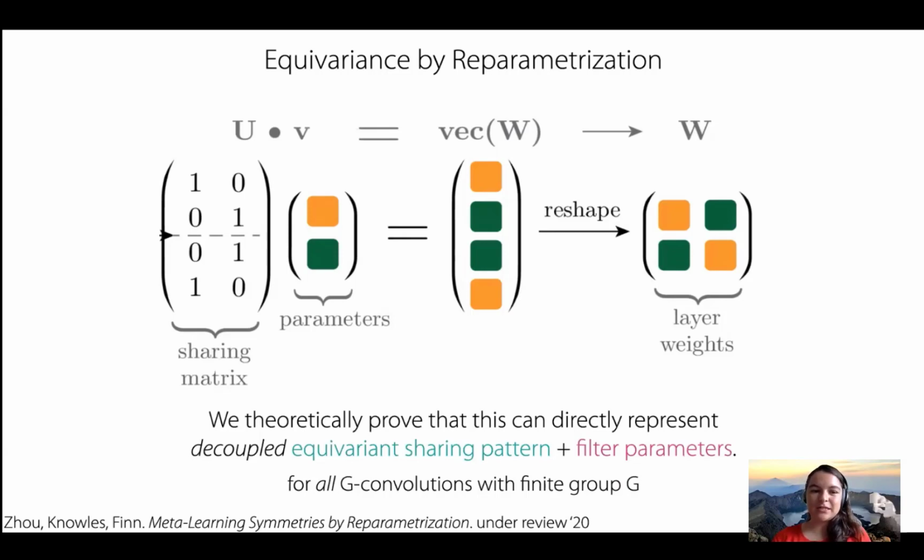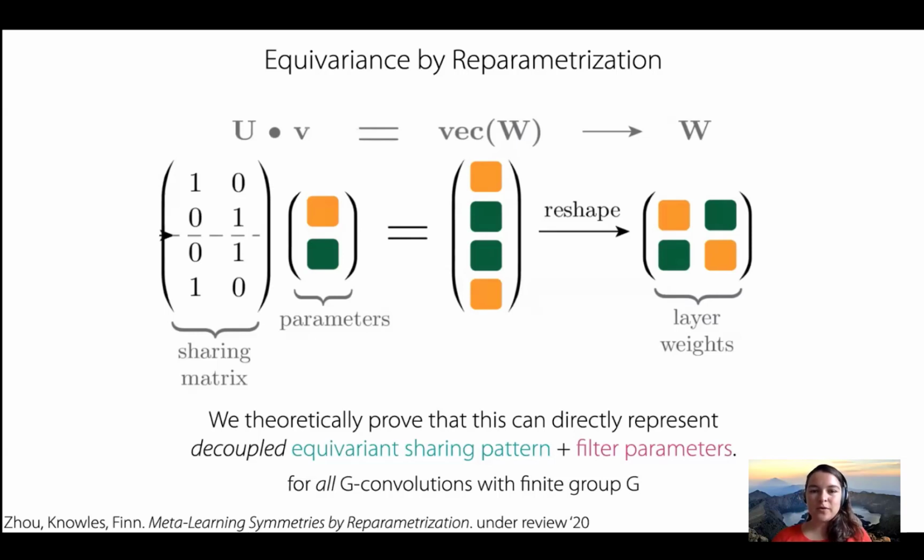This is pretty nice because this is a means to decouple certain kinds of structure, in particular equivariant and invariant structures, where invariance is a special case of equivariance, and decouple that from the underlying shared parameters themselves. Note here in this example, the sharing matrix is discrete, it's only zeros and ones, but you can also represent this with continuous values to represent other forms of equivariance.